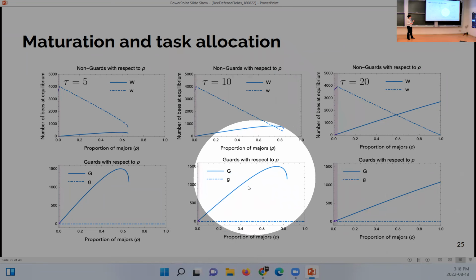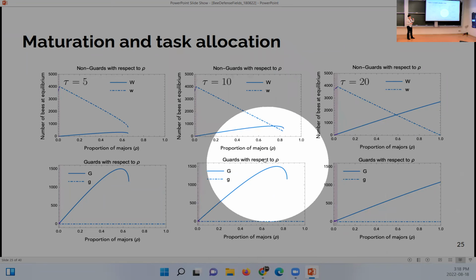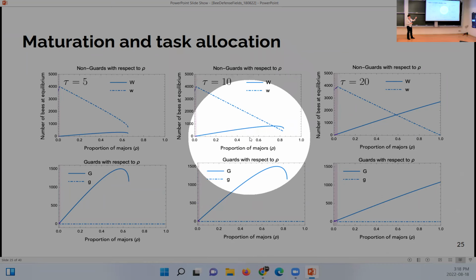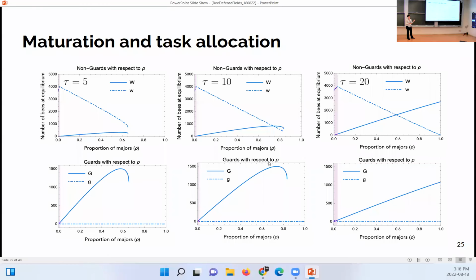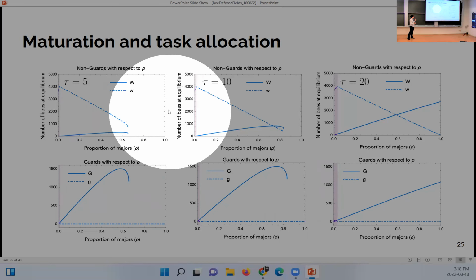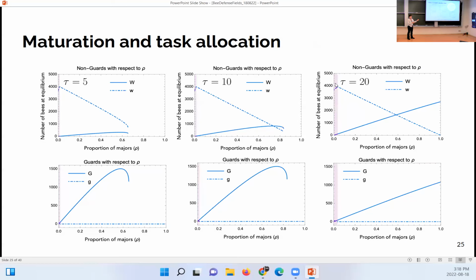behavior where you could think, oh, there's a maximum there. That's cool. We should get close to getting a larger number of guards, like peak the number of guards that are available for the colony. But that might actually be risky. A biological system will not operate that close to the existence conditions. It will be too close to extinction. So that could also be why there's selective pressure towards longer maturation times. So the colony is able to sustain flexible amounts of major production.